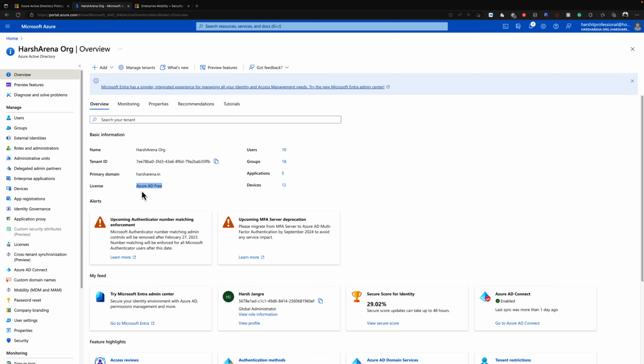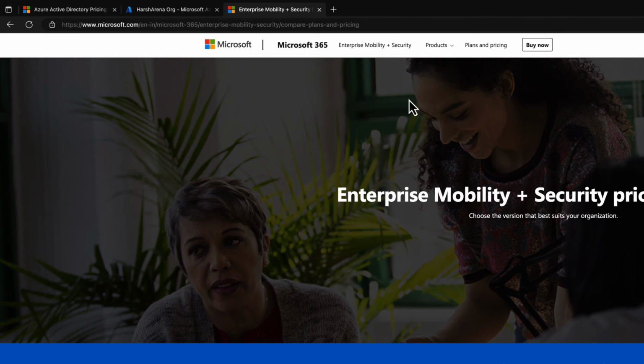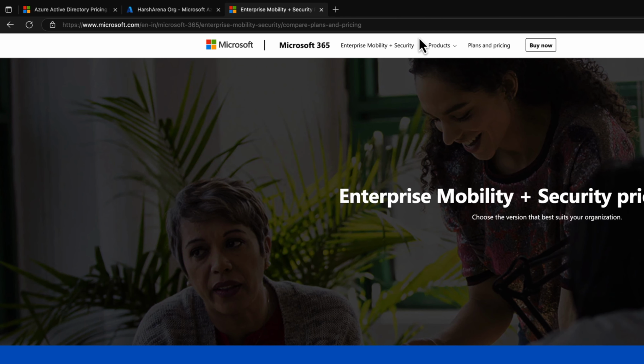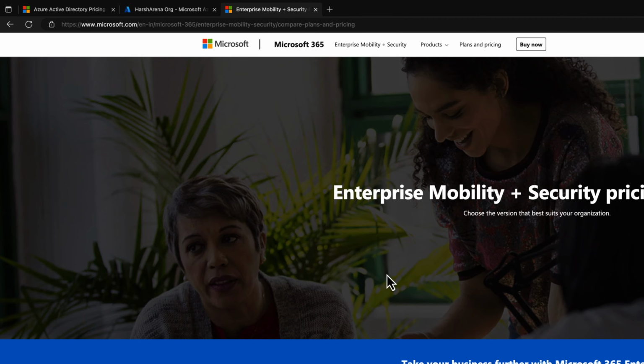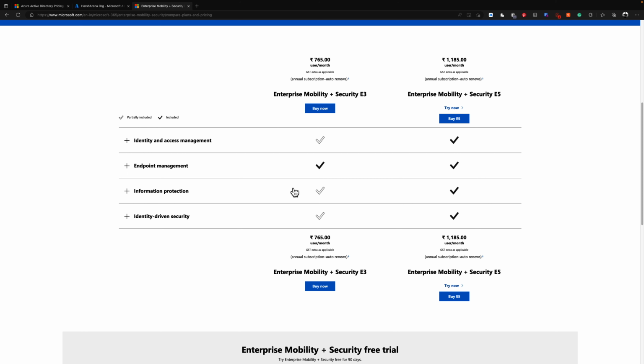Now, one last thing before we jump into the next point. In case you try to enable the premium Azure AD Premium P2 license for 90 days and it failed and somehow it is not working, what you can do is come back to this link, which is sometimes quite difficult to find. Just go to this link, go down and create a new user, and then try out Enterprise Mobility and Security E5, because with this you can get again 3 months of free use